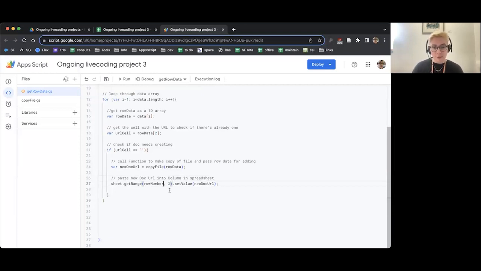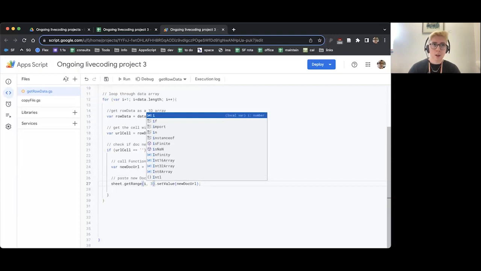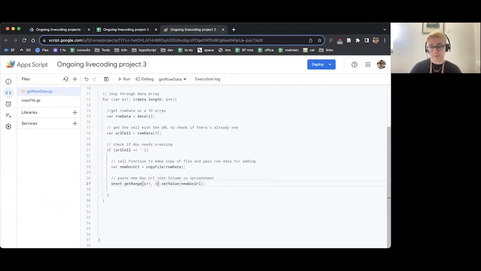So I need to get rid of row number, like so, in my range, and I need to give it, well, a position relative to where we are in our loops. We've got I as our counting variable. And if you remember, I stands for the position in the array we're in. So we're going to be working with I, but we're not talking about the array, we're talking about the spreadsheet. So whilst our array counts from 0, the spreadsheet counts from 1. So what we need to do is just do I plus 1.